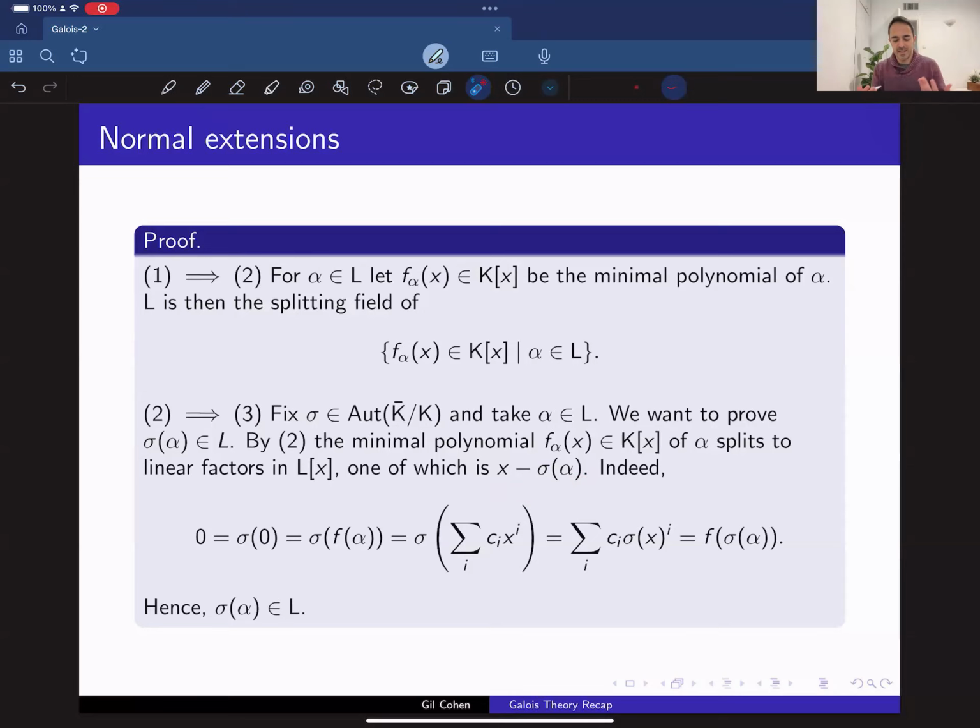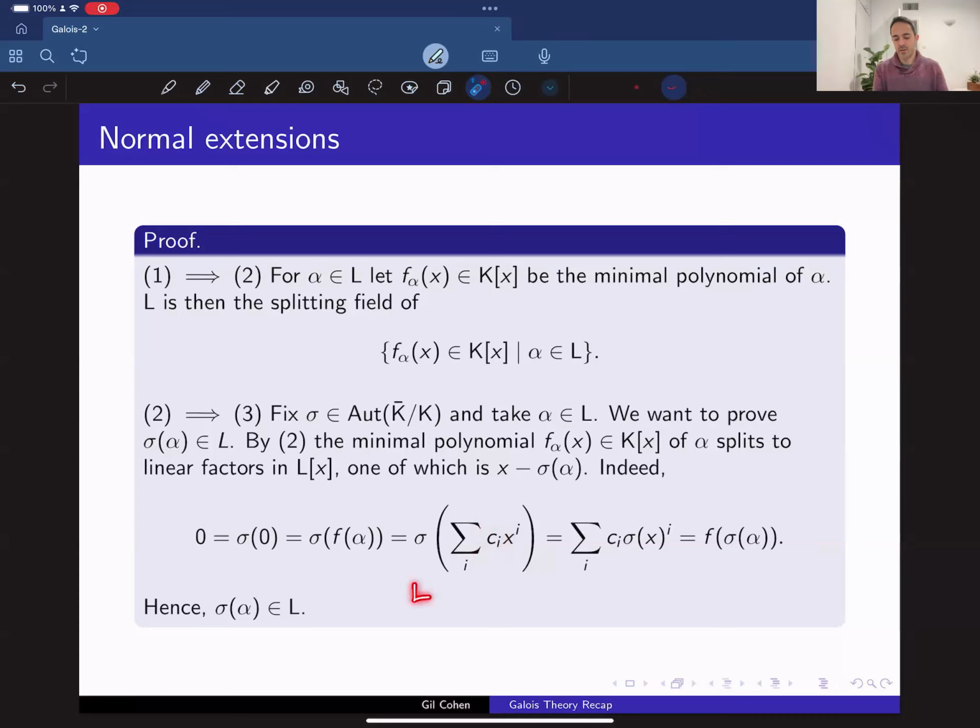And the way to see that, one of the building blocks in Galois theory, is looking at how the automorphisms act on polynomials. So you know that f of alpha is 0, so let's start reading it from here. F of alpha is 0, so sigma of f of alpha is sigma of 0, which is 0, because sigma is an automorphism. On the other hand, if you write f explicitly with its coefficients, where the coefficients are coming from K,